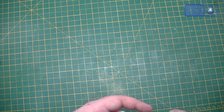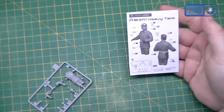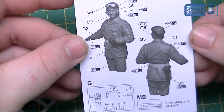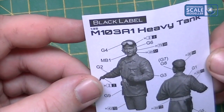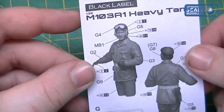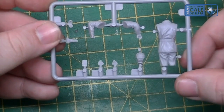Now, my box on the side says I've got a free bonus figure, which, if I grab the instructions, is this chap, and I'll zoom in so you can see. So I've got this guy here. You've got your painting instructions there, assembly instructions, and a bit of photo etch, which I'm assuming is for his helmet. I'm not sure. We'll get to the photo etch in a minute with all the instructions. But here's the figure, there's the back of him,